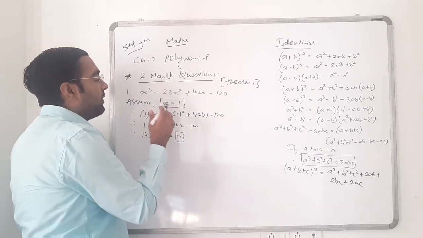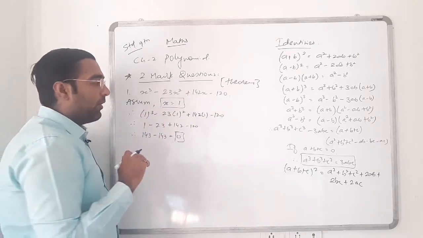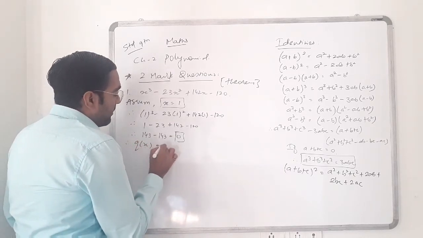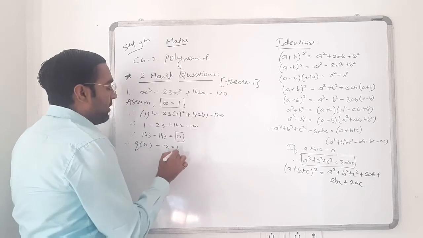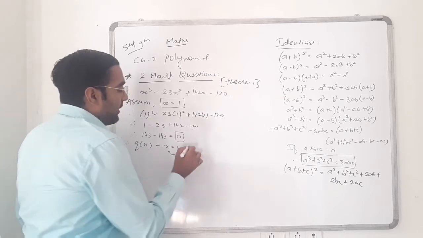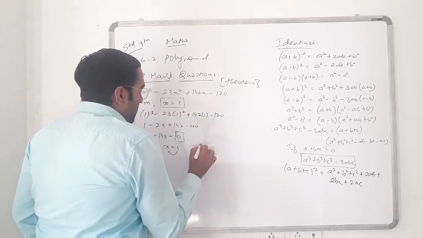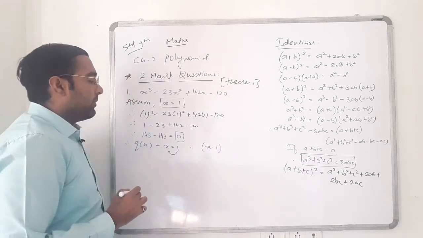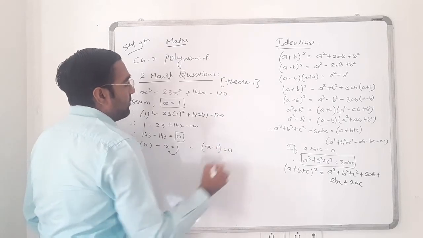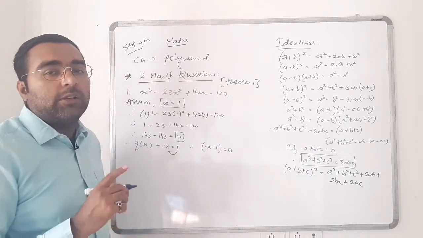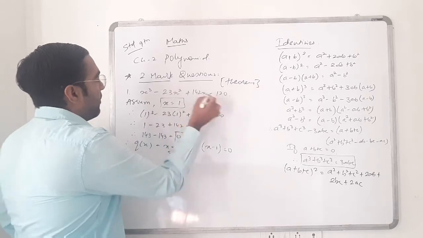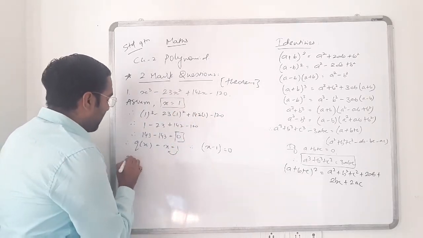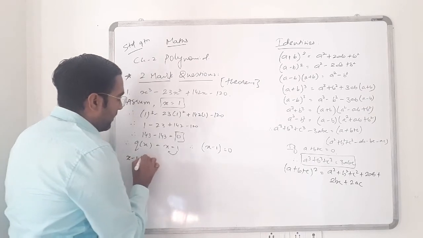So it will be 0 of the polynomial, or a solution of the polynomial. Therefore, I'll take q of x equal to x equals 1. Now I'll shift the 1 to the other side, so the equation is formed like x minus 1 equals 0. So x minus 1 is a divisor of the given polynomial. Now I'll divide by x minus 1 with the long division method